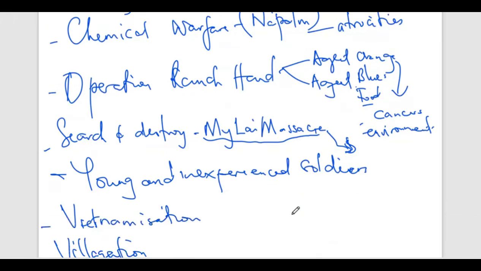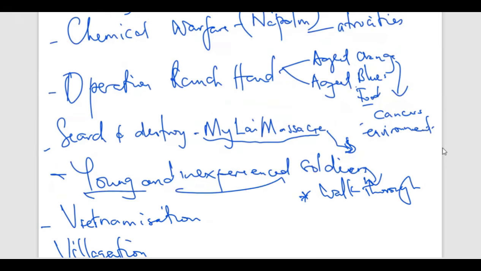Then you can also talk of Americans sending young and inexperienced soldiers into the war. These young soldiers, they thought that the war was a walk-through war. For they were fighting a small nation, they just felt that they would even send the young soldiers, they would still win, for they were going to fight with a weaker nation. But that was not the reality. These young soldiers were massacred by the Viet Cong guerrillas. Most of them died in the war, and they lost the confidence in the war. They were just there to stand for America, but without any confidence, and they were massacred, the majority of them,